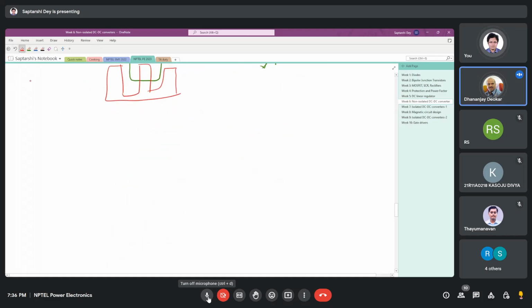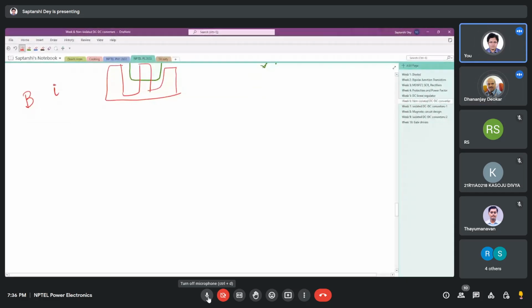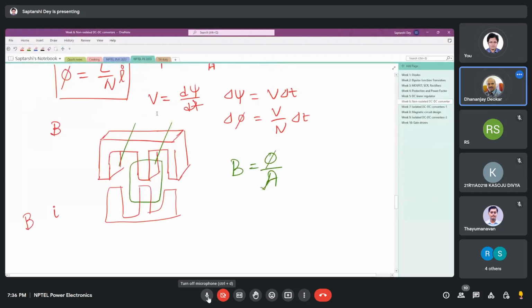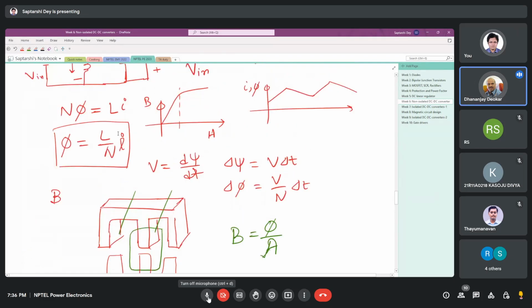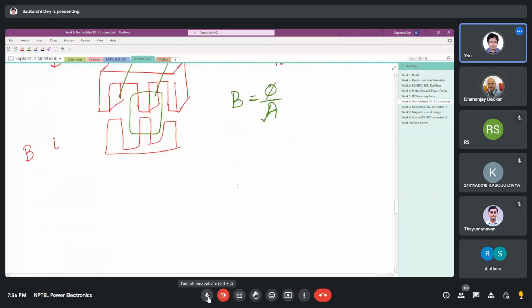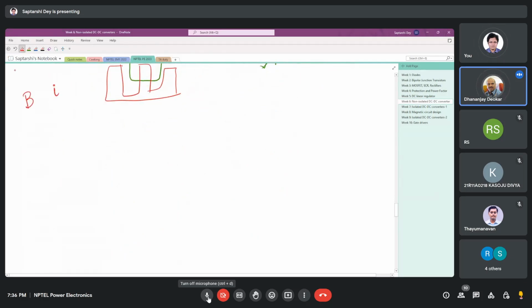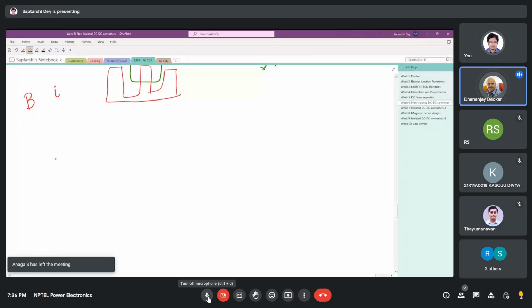So we will not talk about B, because we will talk about I. Because if you have I, you can linearly get to B. From I, you get phi using the equation N phi equal to L I, and from there you can get B. So we'll talk in terms of I. Now, since we are talking about buck boost, we will see